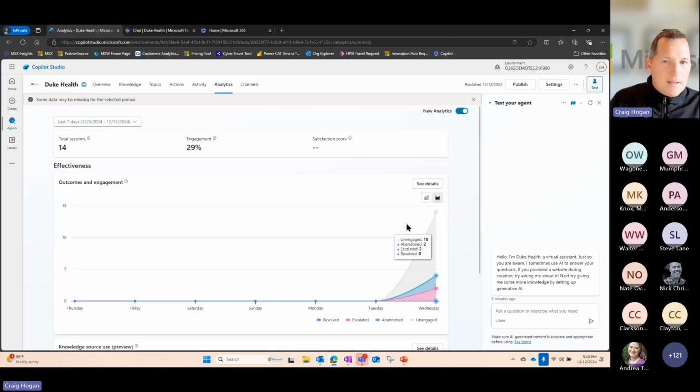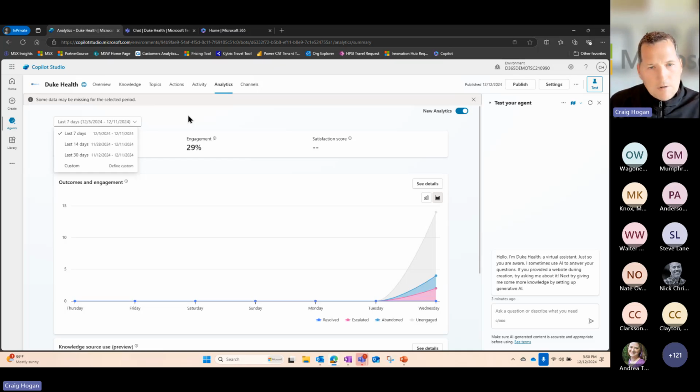This is a table stored in Dataverse. I can download that table. I think we can get up to 30 days. Yeah, I can get up to the last 30 days. I can download that information. So I can start to see what kind of questions are being asked. How effective are they? Do I need to modify my knowledge source to make sure that better answers are returned? I can also use that to create topics. So at the beginning of the month, if I'm seeing an influx of questions about X, maybe I want to create a topic that addresses that more proactively.